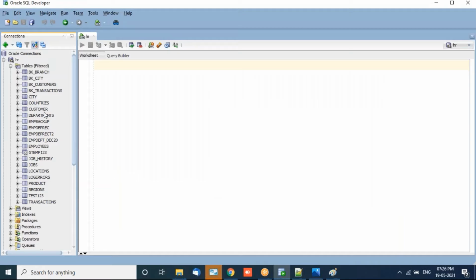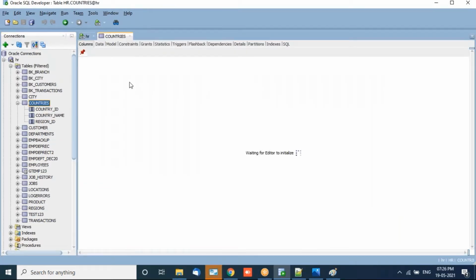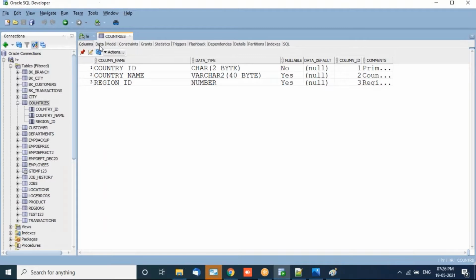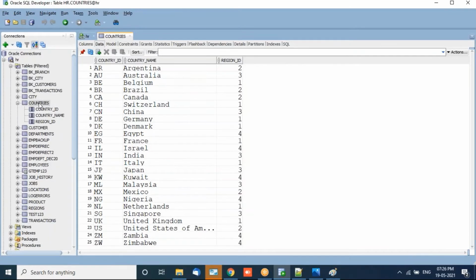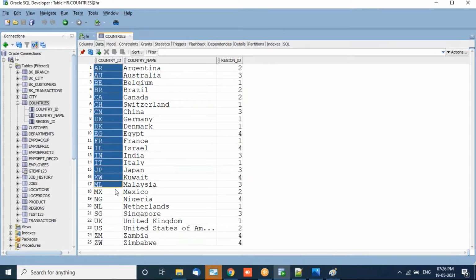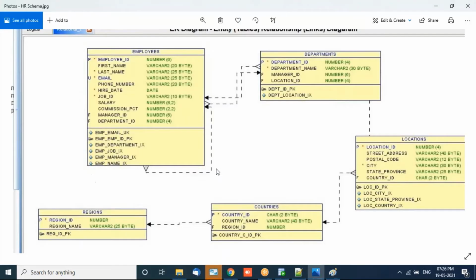Or you can see this example of the countries over here. Looking at the country codes data, this is the ID. Double click over here and you can see, these are all fixed 2 characters. So whenever you know there are fixed bytes, you better use char, because char is slightly faster than varchar. Internally it is the work of Oracle, but technically char is slightly faster than varchar2. So this is how you create a database.